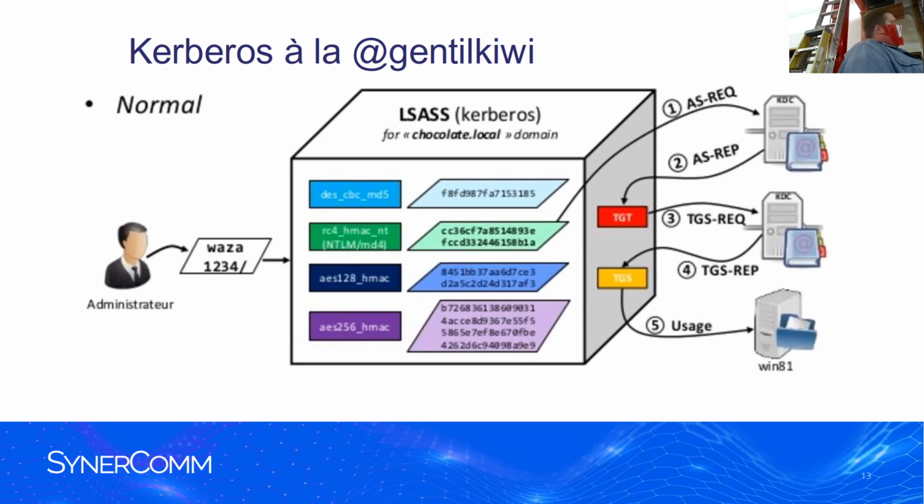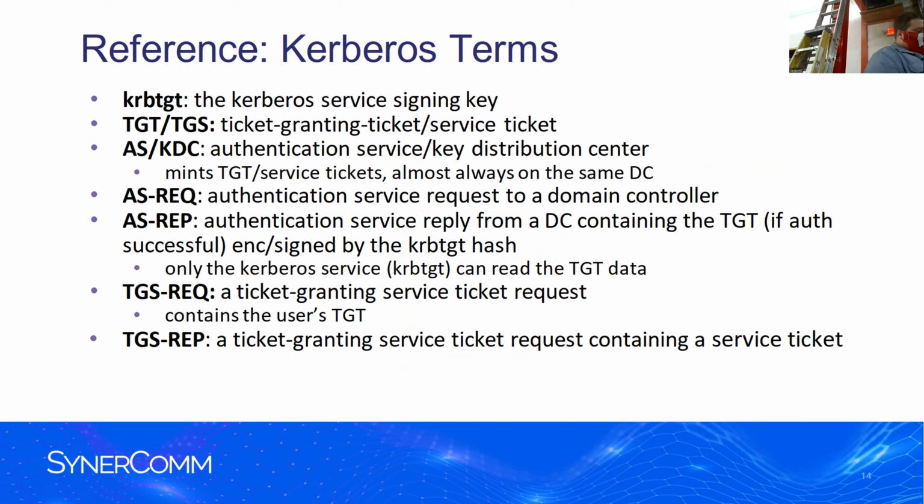It's just broken. I don't know what crazy mathematician designed this, but they found several problems with this over the years, and we're just going to cover one of those problems tonight. This is just a reference. I've talked a lot about ticket granting servers. There are different types of requests, all of which you don't really need to know for tonight. But if you want to take the CISSP exam, this is on there. I memorized it 10 years ago and forgot it all, so it's not really useful to my day-to-day.